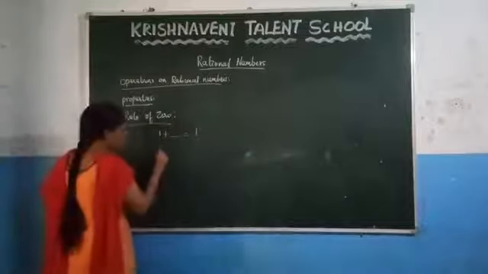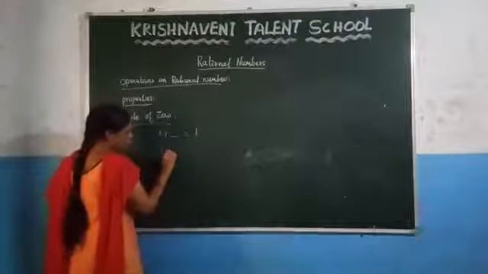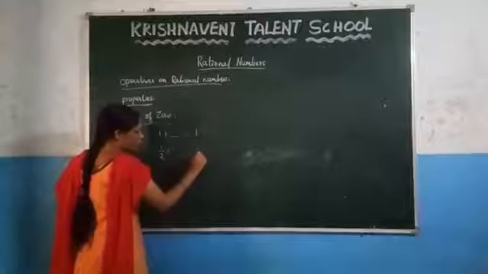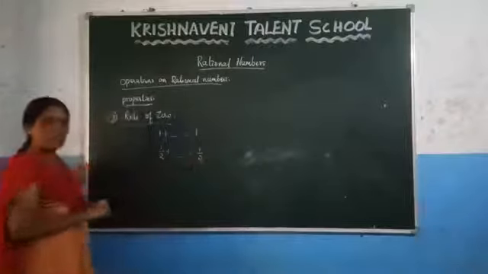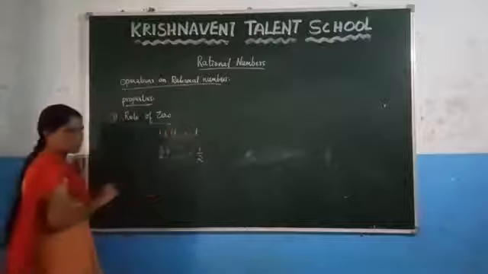Let us consider one more. You know that 1 by 2 is a rational number. What this property says, you have to add one number such that after adding that number you have to get the result as the same number. Which number do you have to add here? Clearly you can observe that you can add 0.